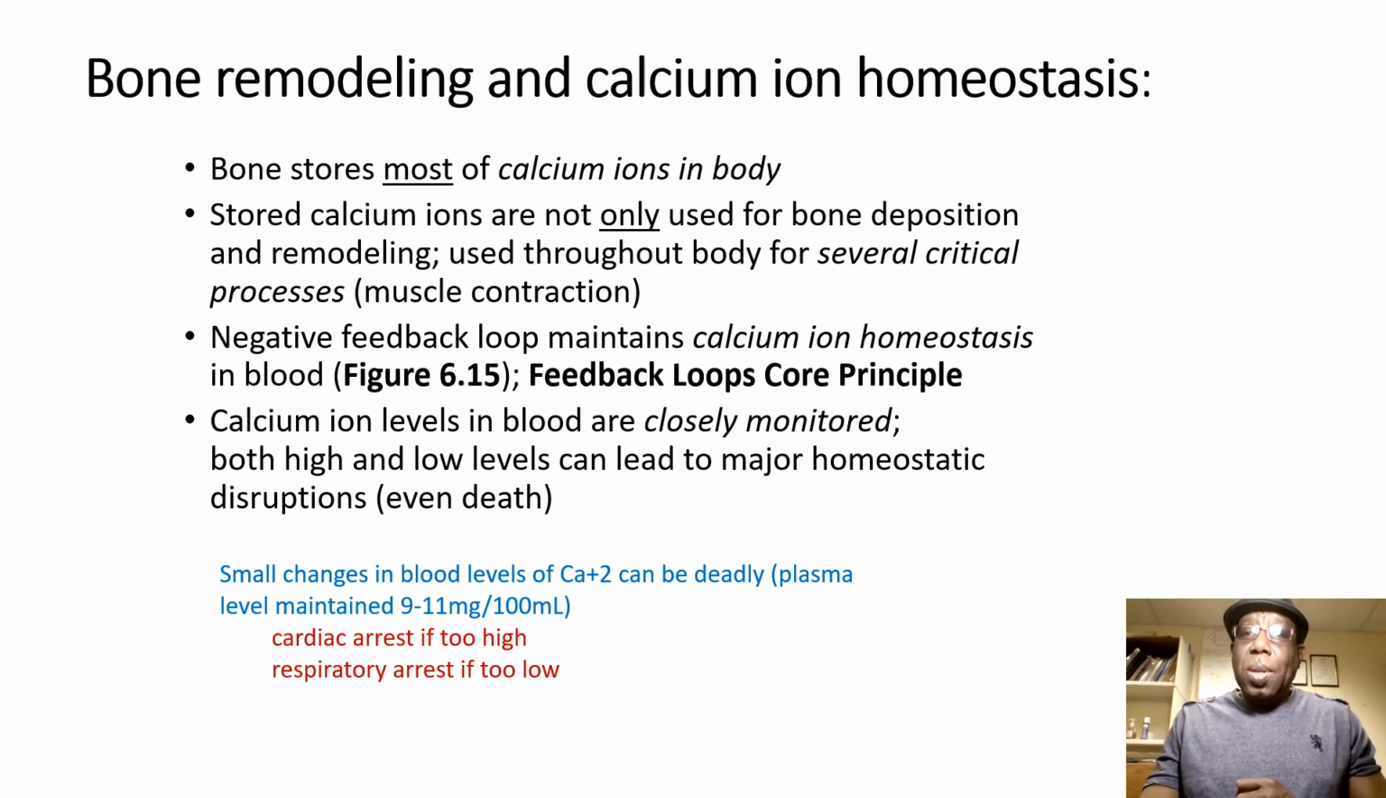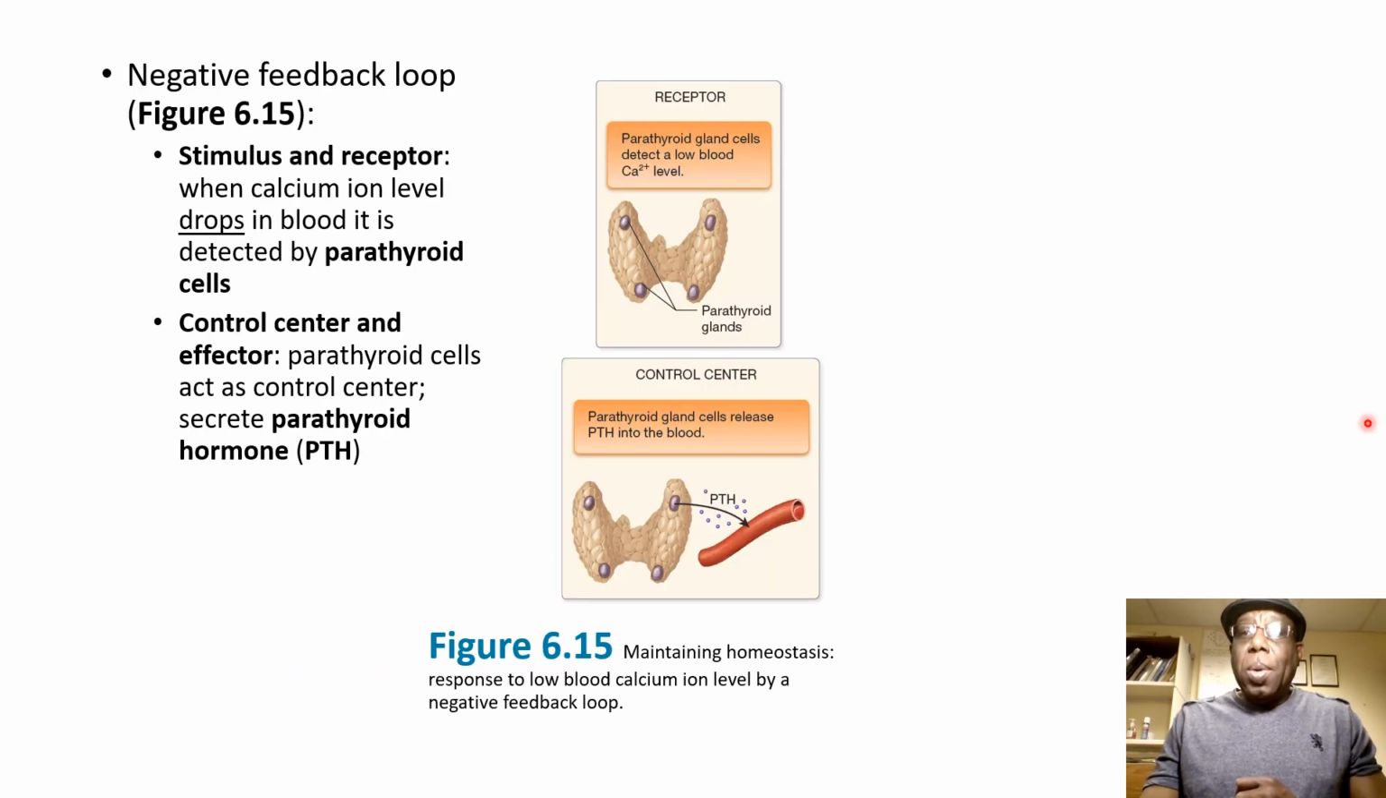Let's go on. So what does the body do? First of all, what does the body do if the calcium level goes too low? Okay, notice it says a stimulus and receptor. When the calcium ion level drops in blood, it is detected by parathyroid cells. What's the control center of any homeostasis? Our brain. So once this drop is detected, this butterfly looking gland that I'm showing you here gets the impulses, gets the stimulation to